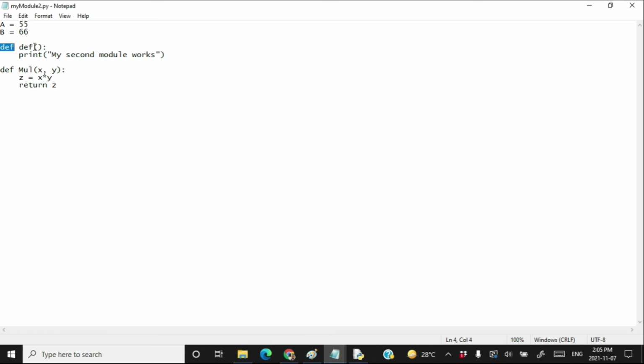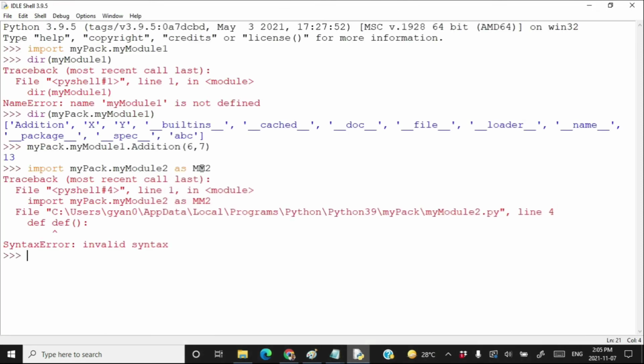So a function name cannot be def. Okay, so I'm going to write here def1 instead of def. Try to import it once again. Copy, paste, enter, it got imported.